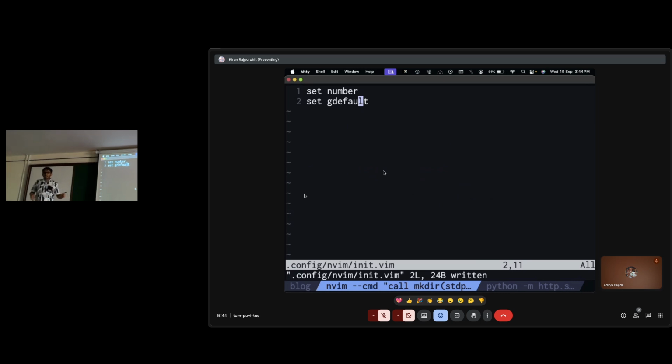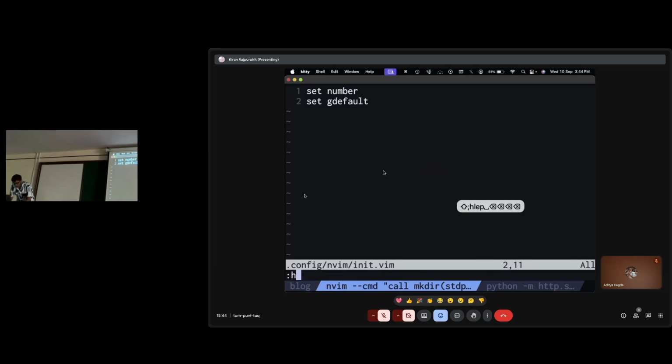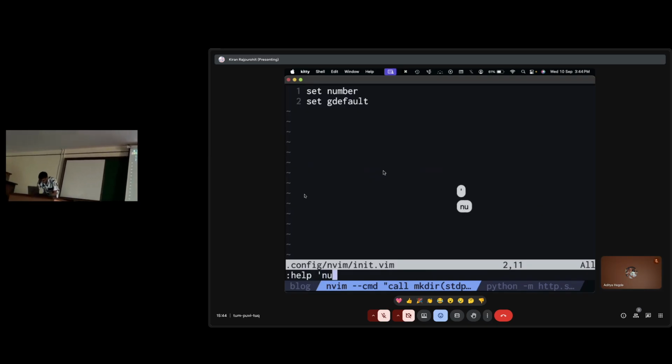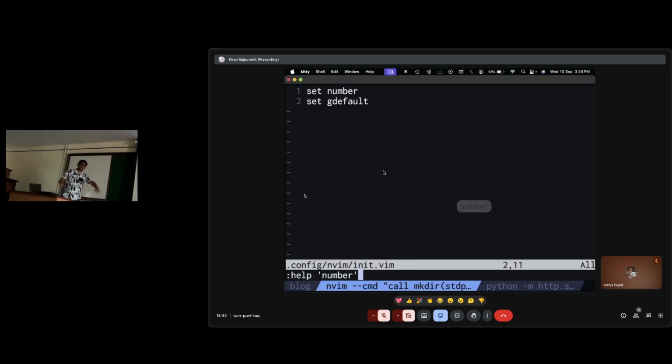In fact, this is a perfect opportunity to learn and look at Vim's documentation. So for example, this colon s thing, g default thing, number thing, where did I pull it out? Did God come and put it in my brain? No. All of these options are very extensively documented. For example, if I want to know how number works, you can use Vim's help system. I want colon help number. Quotes are important, so colon help number.